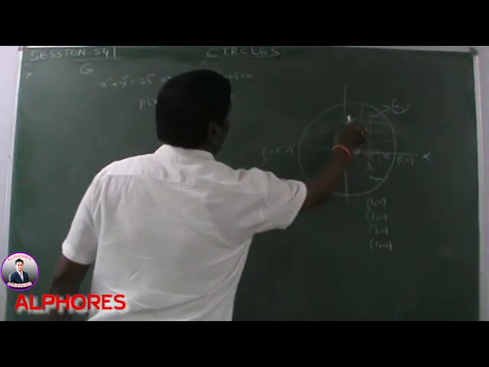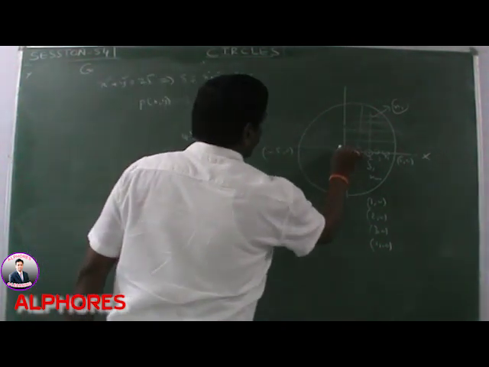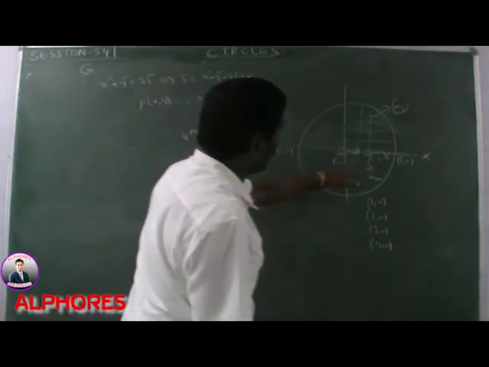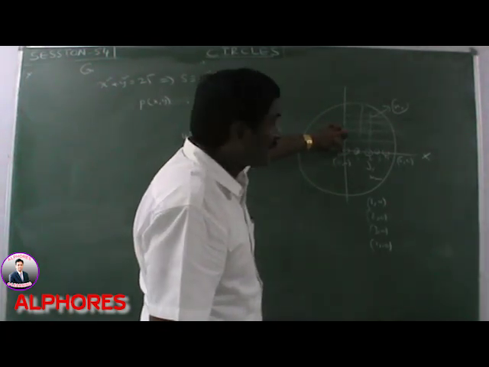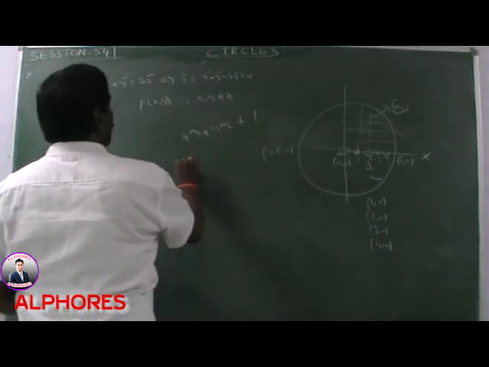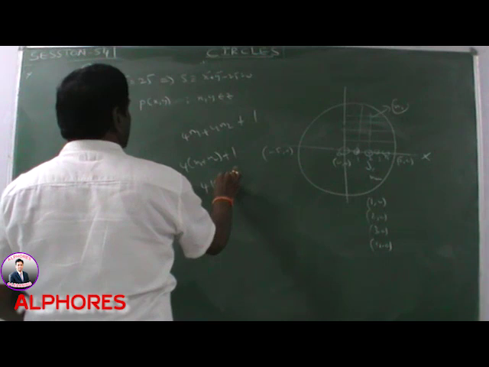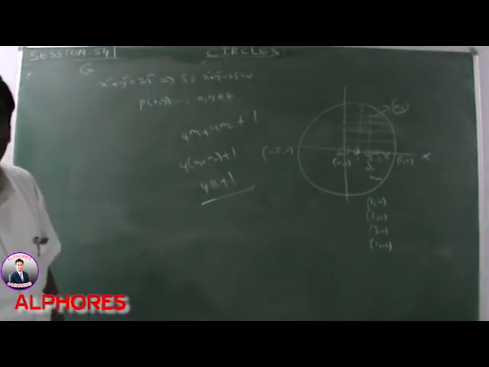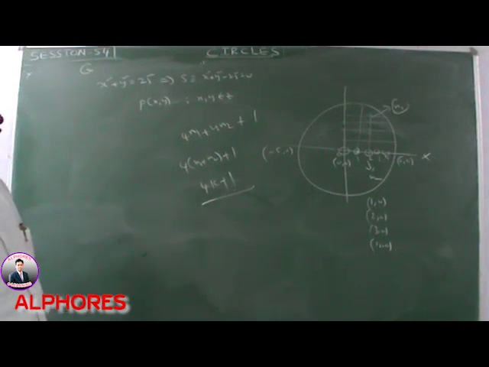That means the total number of these values is 4n1 plus 4n2 plus 0. 0 is another value: it is 4 values, it is 4, these are 4. The origin, the center of the circle, is in addition to that value. So 0 comma 0 is another value. That means 4 of n1 plus n2 plus 1, that means it is in the form of 4k plus 1. Very, very important. Please note this diagram.